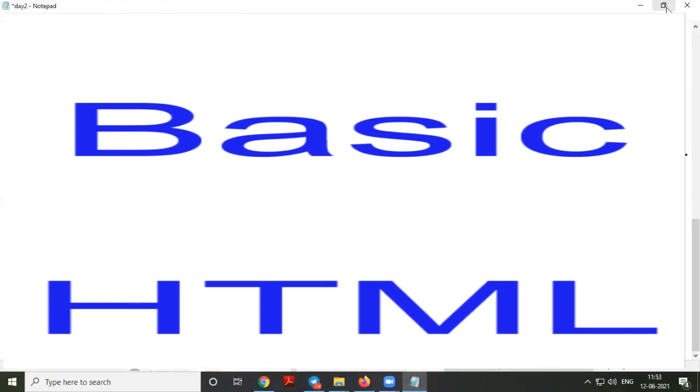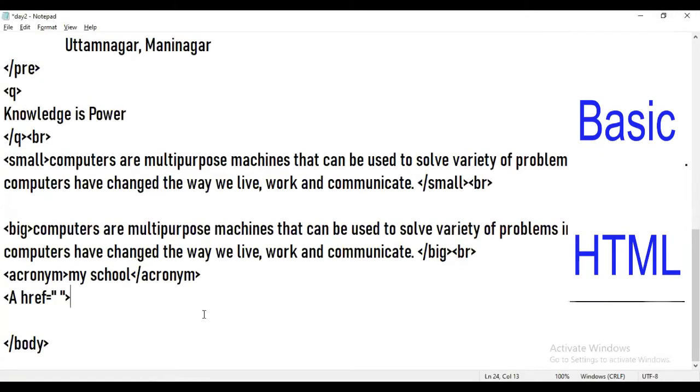So this is the anchor tag and href is an attribute of the anchor tag. After href there is an equal to sign, and whatever we write after the equal to sign becomes the value of that attribute. So here we are going to write the href attribute value. For example, we are linking one file